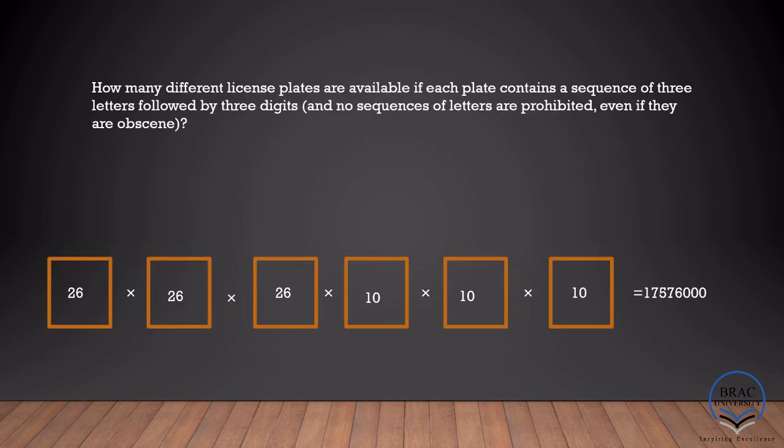The next problem says: how many different license plates are available if each plate contains a sequence of 3 letters followed by 3 digits, and no sequence of letters is prohibited even if they are obscene? That means we are free to pick any letters and any digits, given that we're picking them for the right places, right? The first three places are reserved for the letters and the latter three